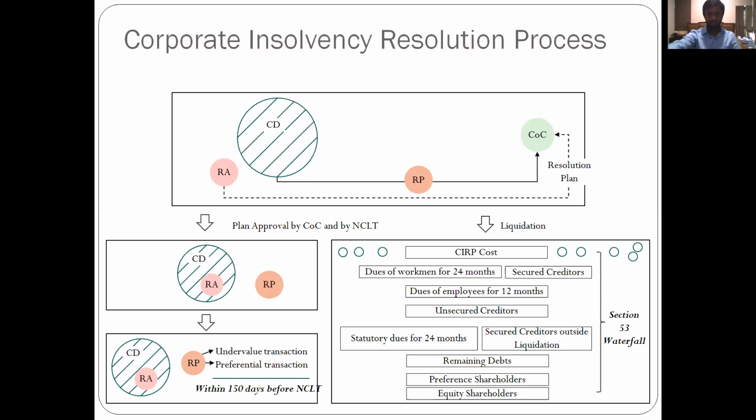And then there are different kinds of layers to it. You have the dues of workmen, you have the secured creditors, and then a similar kind of waterfall as what was there in the earlier act. In the end, if you're aware of your company's act knowledge, the preference and the equity shareholders, because the shareholders are always the last to be paid. So first layer of payment will go to the CIRP cost. Second layer of payment will go to your creditors and your employees. And the third layer will come to your shareholders at the end. You can look at this in detail. It's provided under section 53.